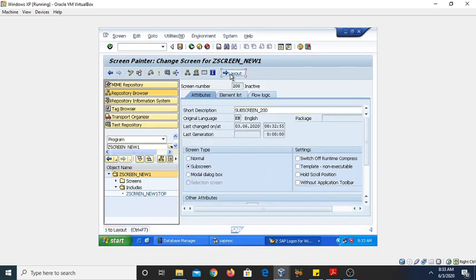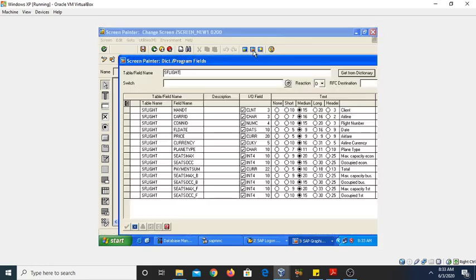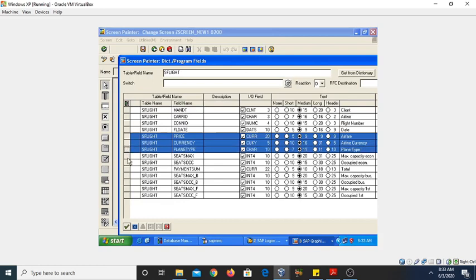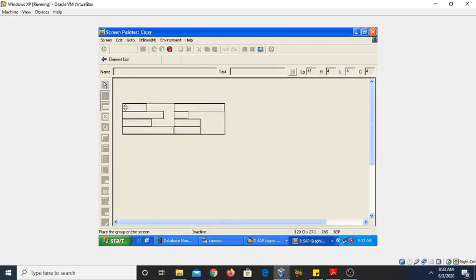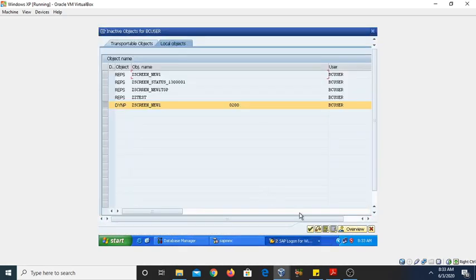Now again, if you want to put some elements onto this subscreen, select some fields from this table. So in my case, I am selecting price, currency, plane type and seats max, and then drag out. Now click on the save button, check for the syntax and activate it.